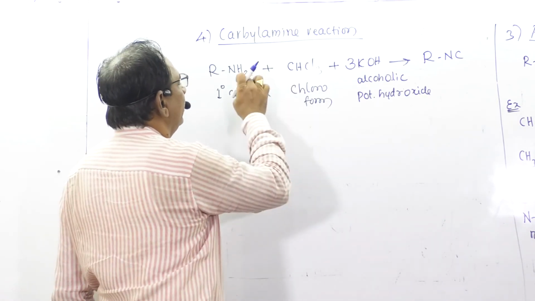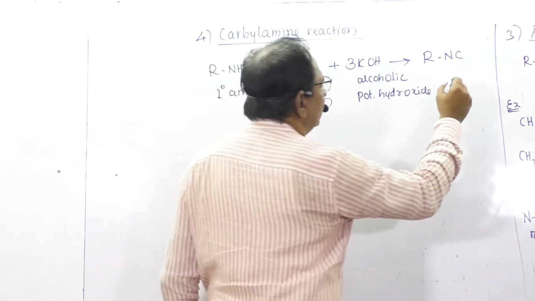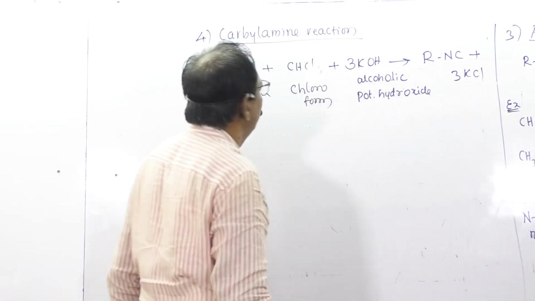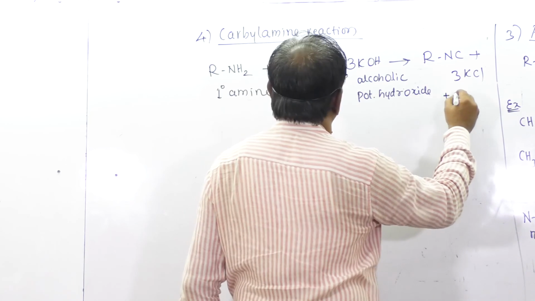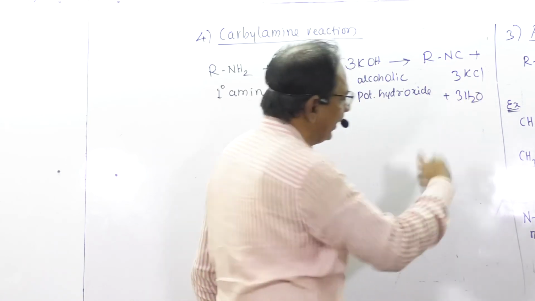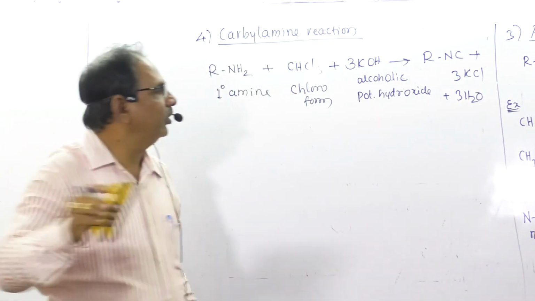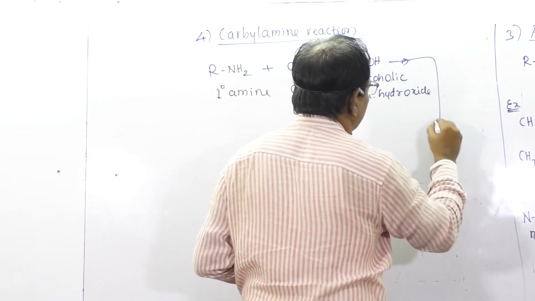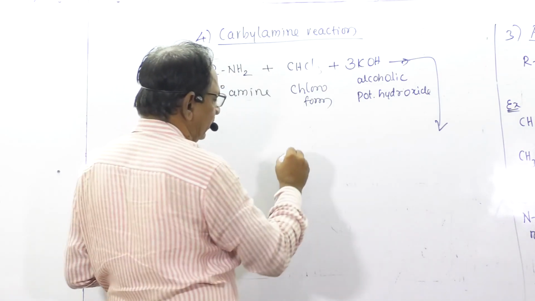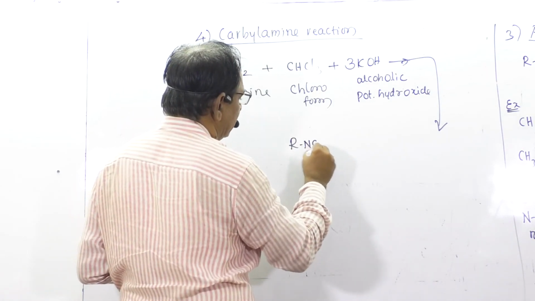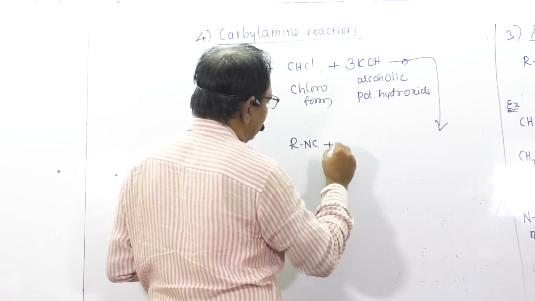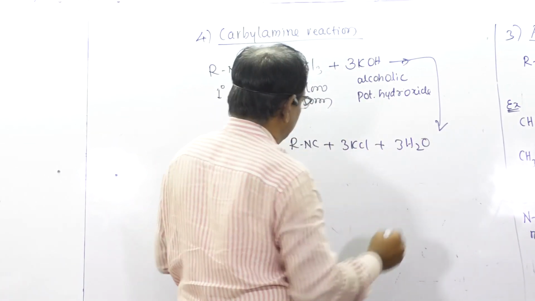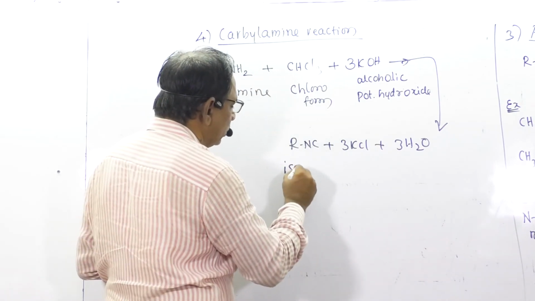The products obtained are RNC plus 3KCl plus 3H2O. This is called isocyanide